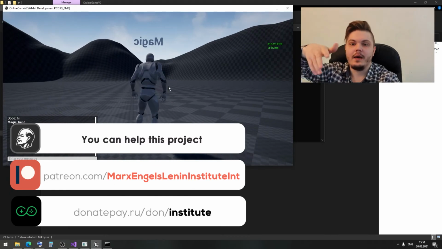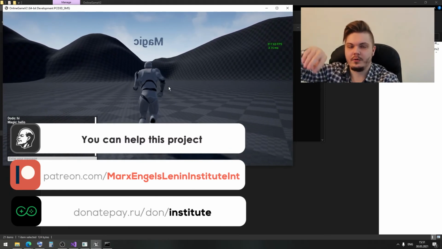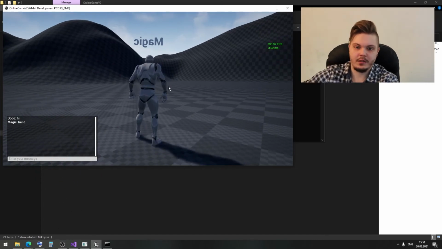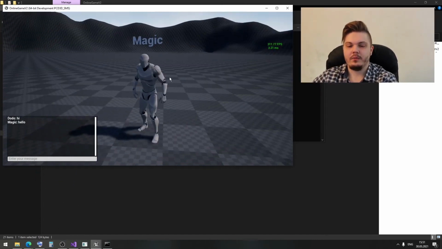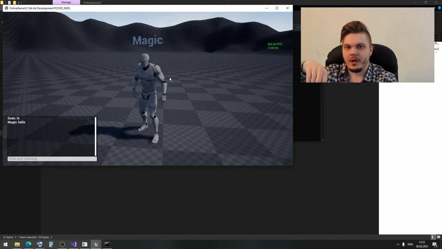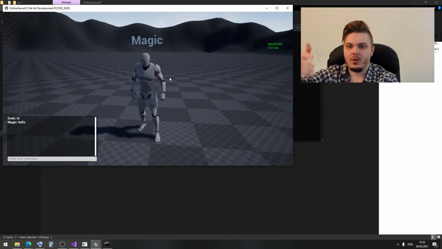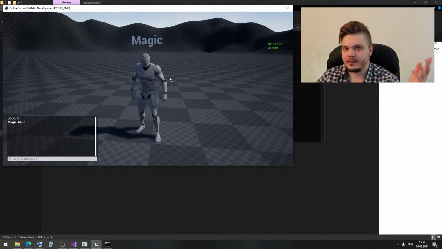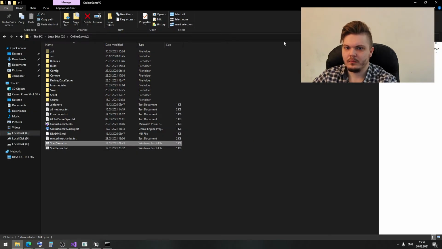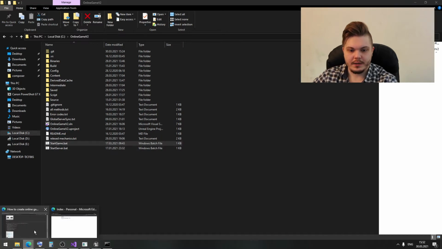And actually, this character location is already created on our server in our database, and if we log out from this game, and then one more time log in, we will load it in the same place where we logged out. Let's close this window. Great. Then let's go back to